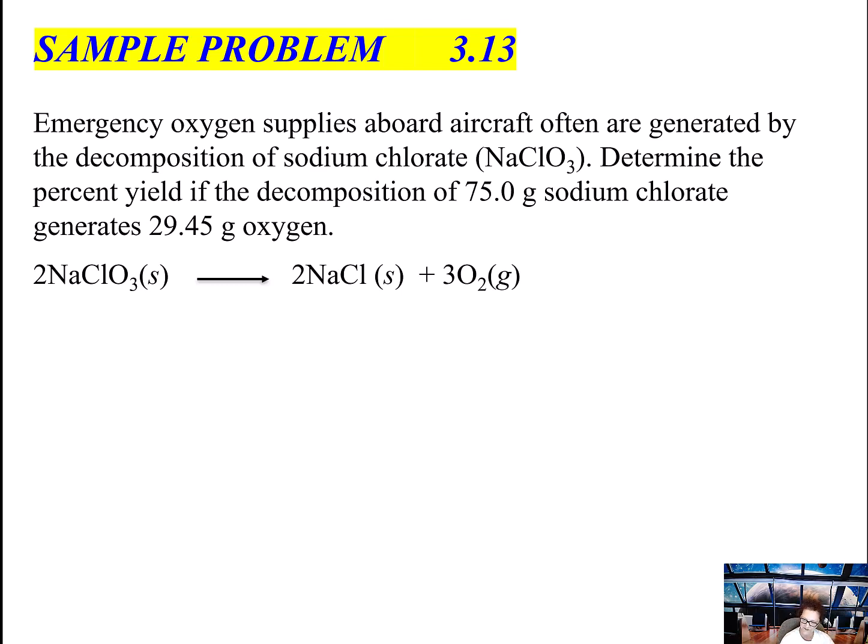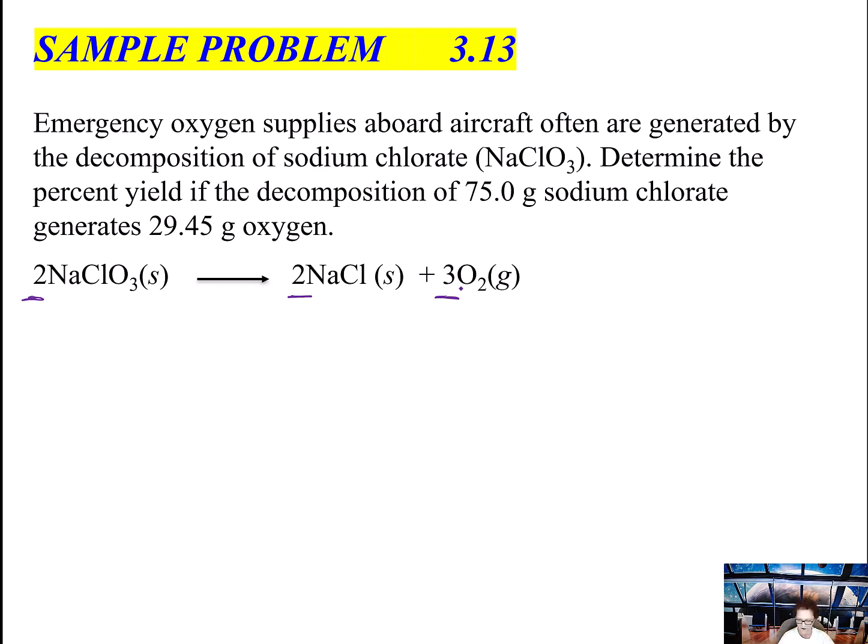For every 2 moles of sodium chlorate, you're going to produce 2 moles of sodium chloride and 3 moles of oxygen. Oxygen obviously is what you're wanting. Sodium chloride is a chemical that is inert. It's not going to harm anyone,